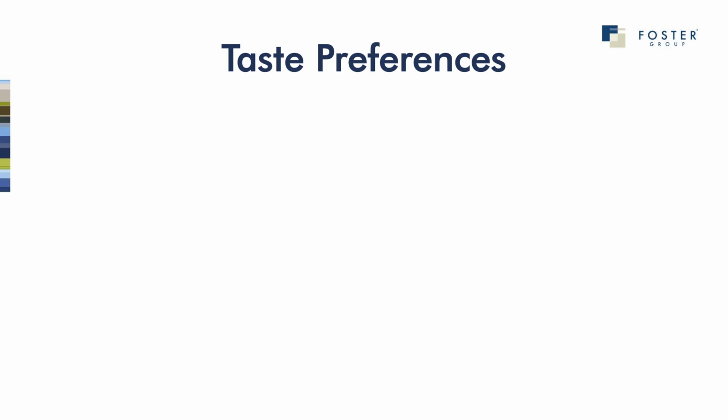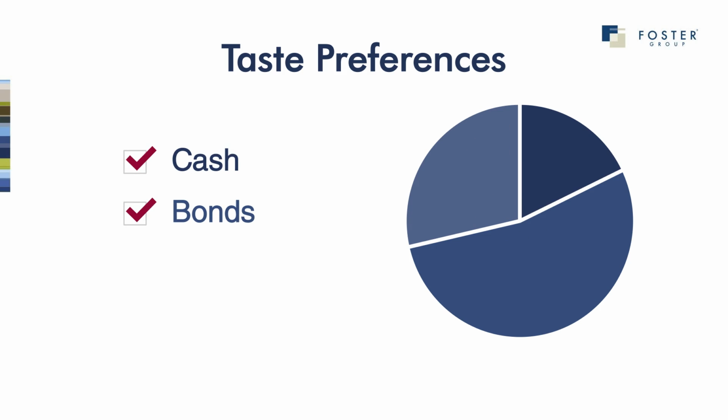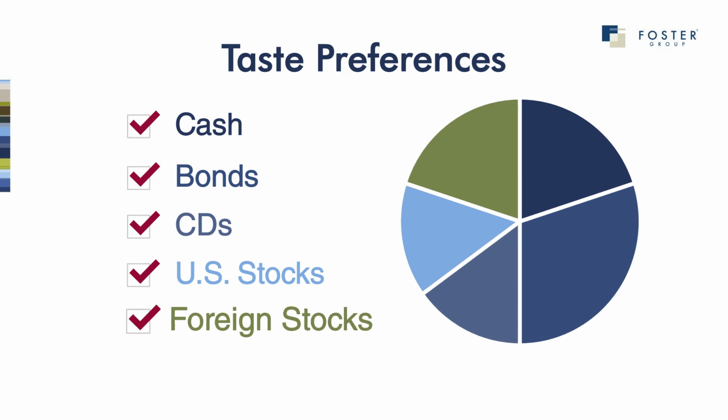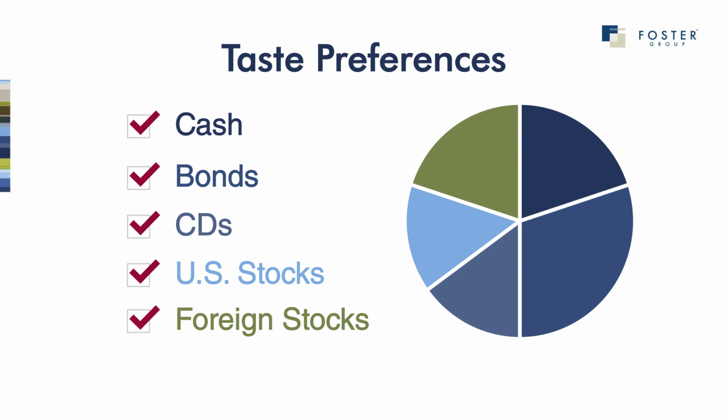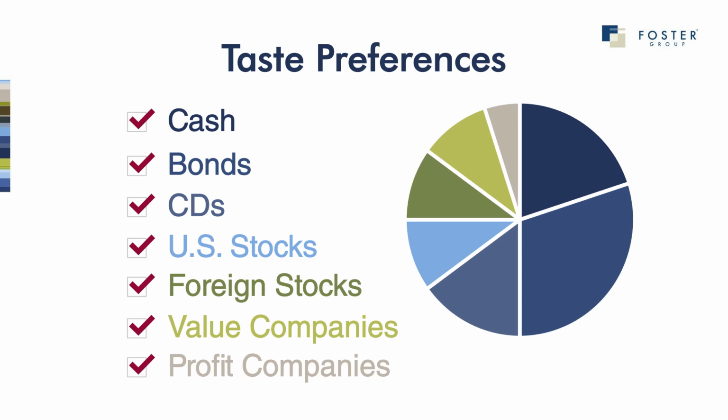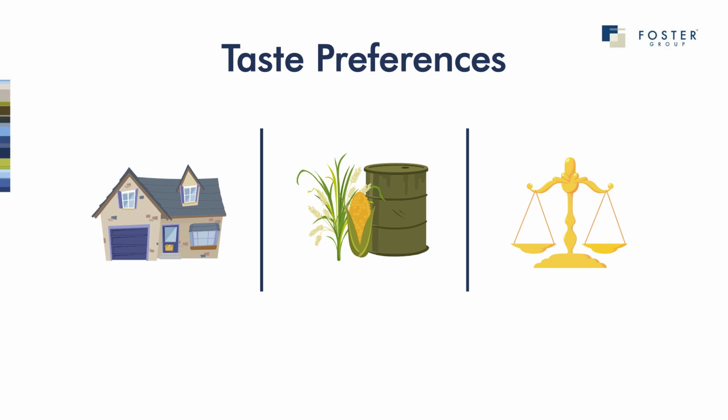How much of the overall portfolio should be held in cash and very stable bonds or CDs? What percentage or dollar amount of the portfolio will be invested in U.S. stocks or foreign stocks? Among the broad asset classes of stocks, are there specific amounts being designated to small companies or value companies, profitable companies? These broad asset classes represent the types of ingredients most portfolio recipes include, and generally are the primary determinants of what an investor should expect.